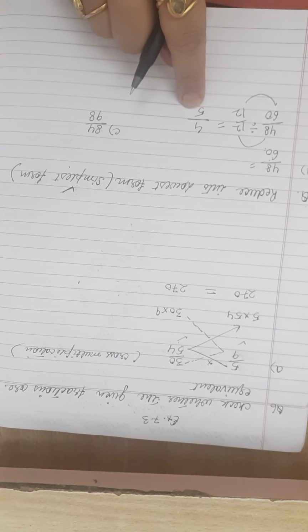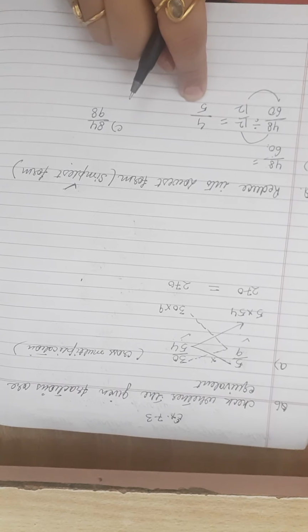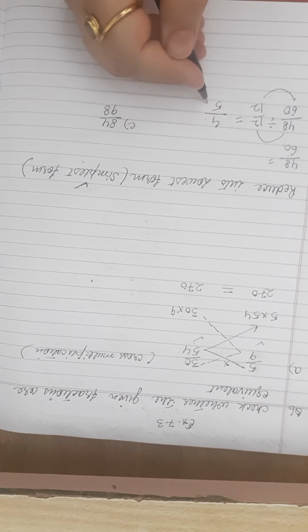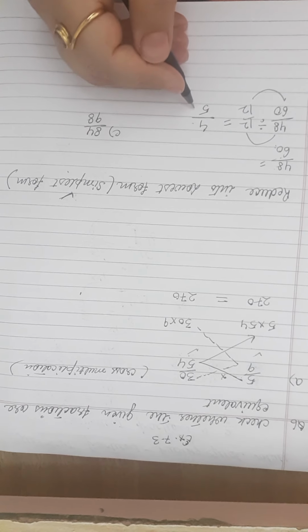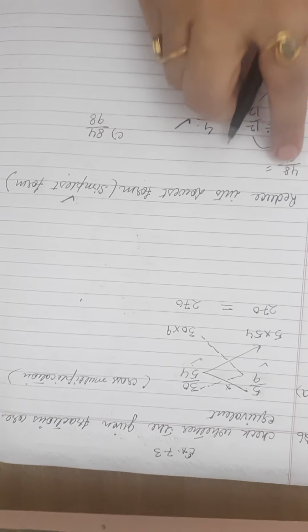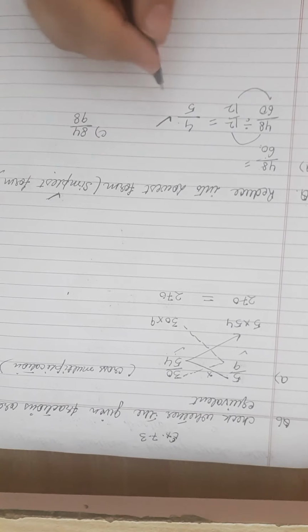So 4 by 5. Is there any other table in which 4 and 5 both the numbers come? No. So it would be the lowest form only. As both are consecutive numbers, both the numbers cannot come in the same table except 1. So 4 by 5 is the reduced form of 48 by 60. You cannot break it into simpler form anymore.